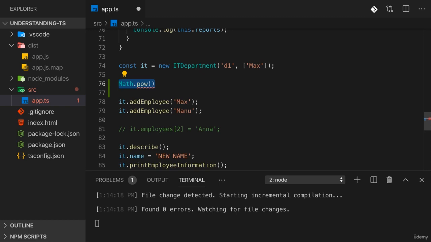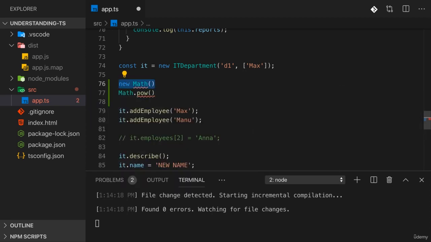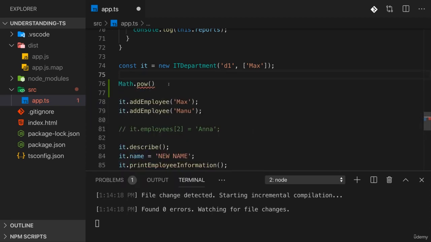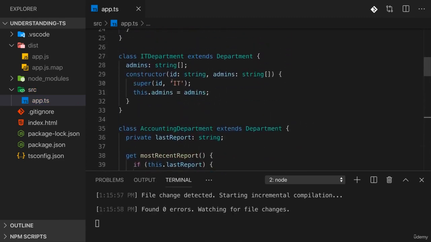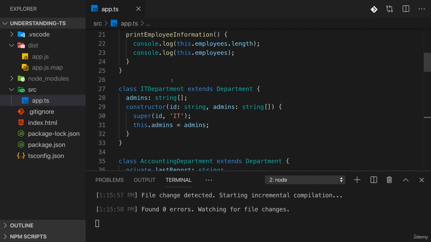These are methods and properties which you don't access on the instance of Math. You don't have to call new Math first. Indeed, that won't work. But you access these properties and methods directly on the class itself, so Math acts more like a namespace as a grouping mechanism here. And that's a common use case for static methods and properties,